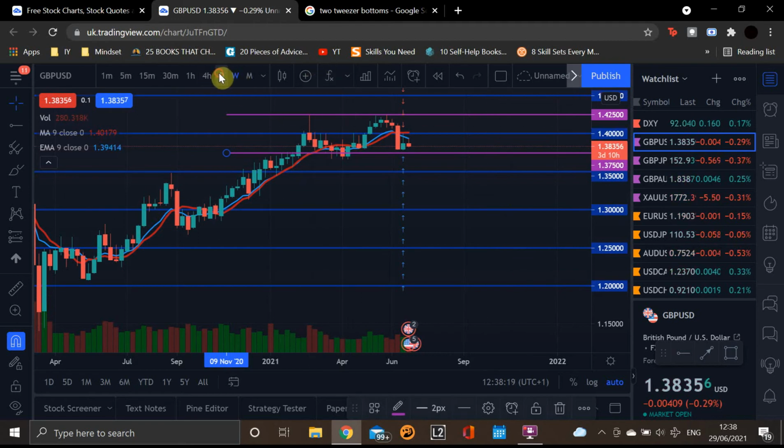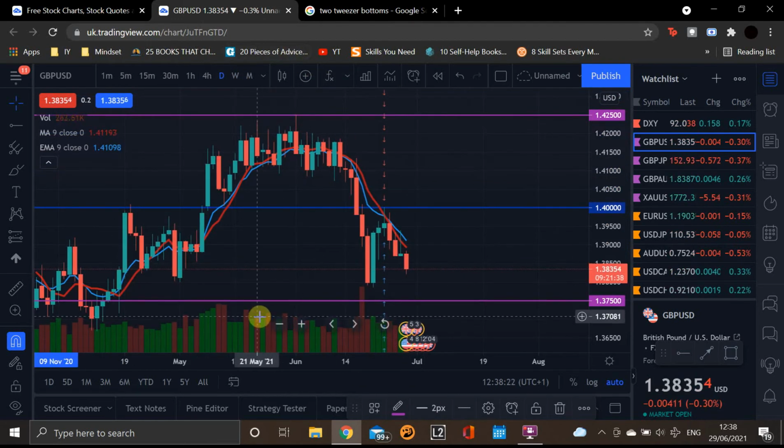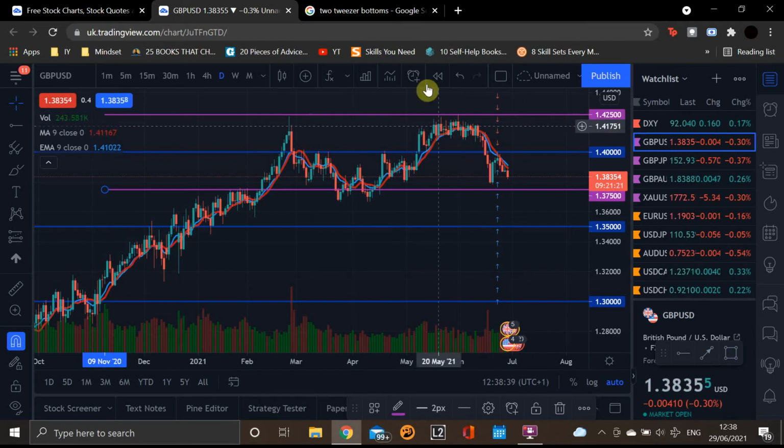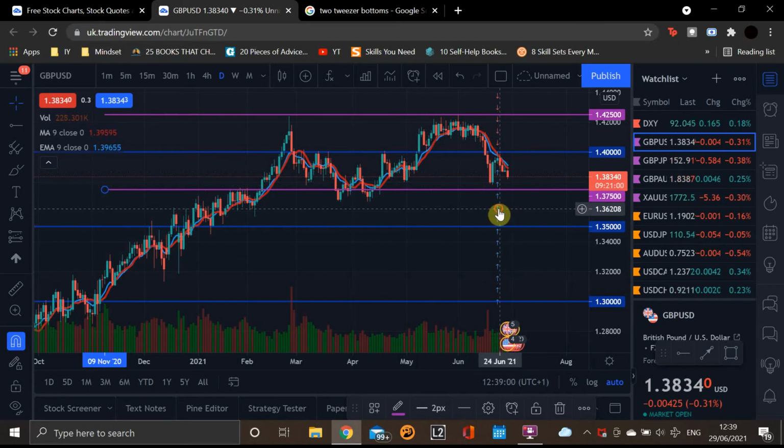Okay, go to the daily. Let's see what's going on here. So clearly it reacted off this level right here. This mid-level of 1.42500. So that was when it was consolidating. The mid-level, it reacted to it, but it broke through it. So it reacted to it here, broke through it, came down, went up, came up, reacted to this mid-level, and